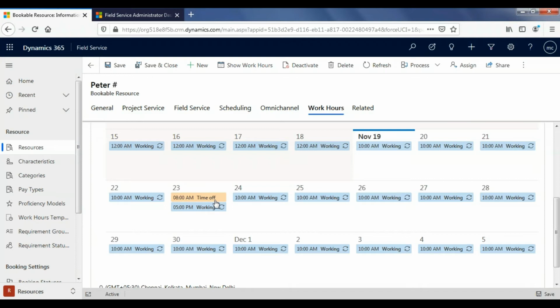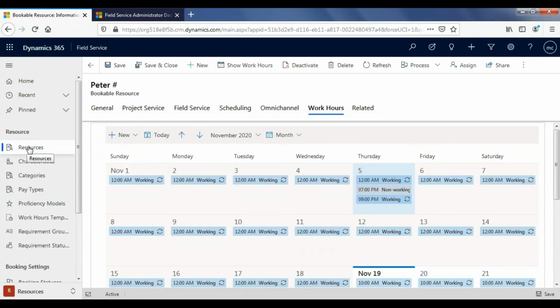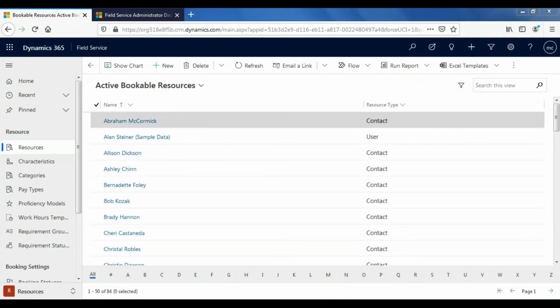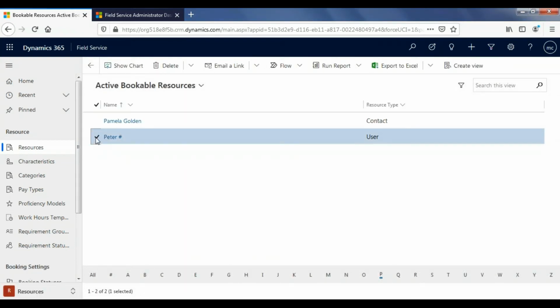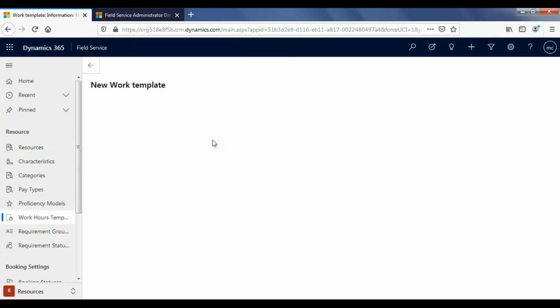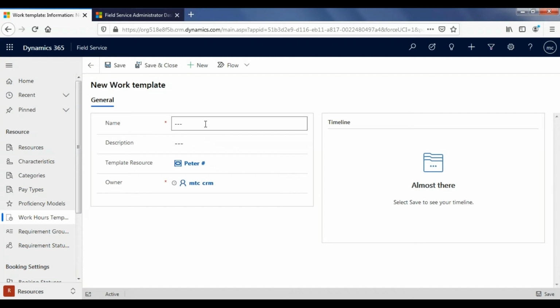You can set up holidays for all resources through the Work Hours template. Under the resource list, select the resource for which the Work Hour template needs to be defined. And then select the Save Calendar As button on the top, where it will redirect to the Work Hours templates entity page. All the dates mentioned in the time off would be holidays in the Work Hour template.